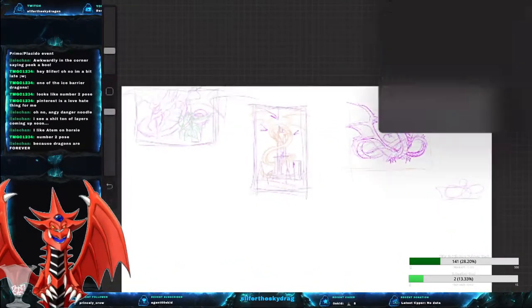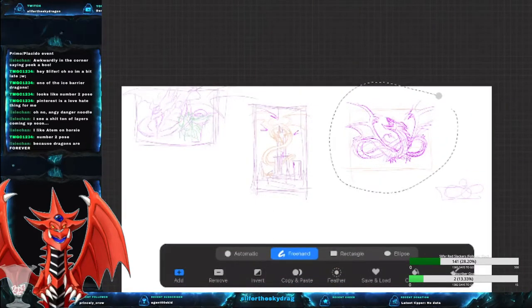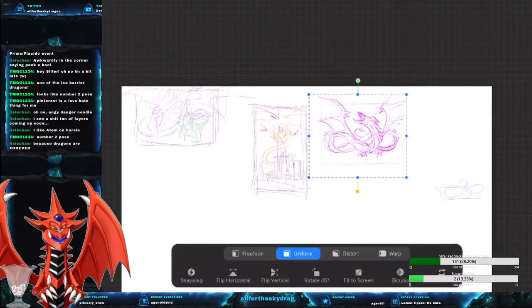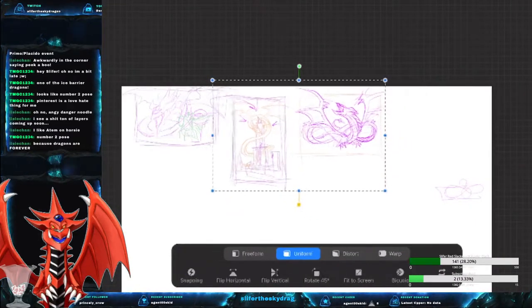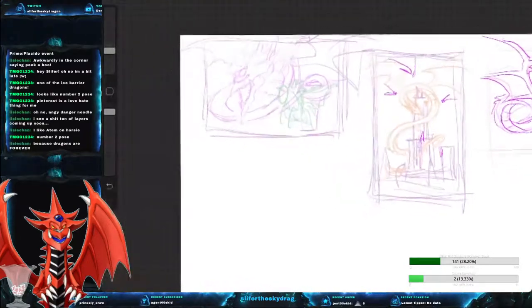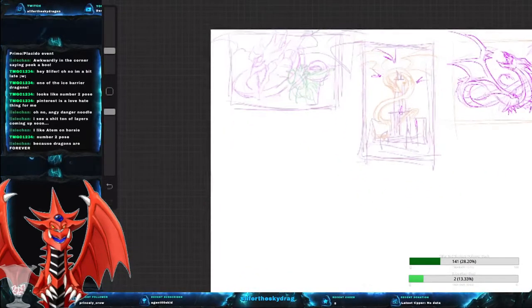So we could try to expand on that Egyptian idea. Because my last time was preset with the blue eyes, I guess it would make sense to have Slifer with Pharaoh Atem. So this was an idea. The horse I kind of want to keep like that, or you could do